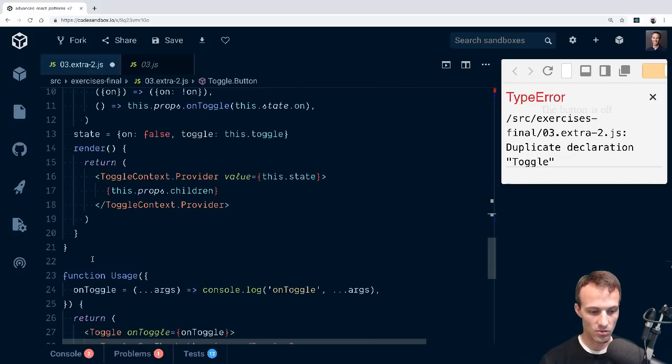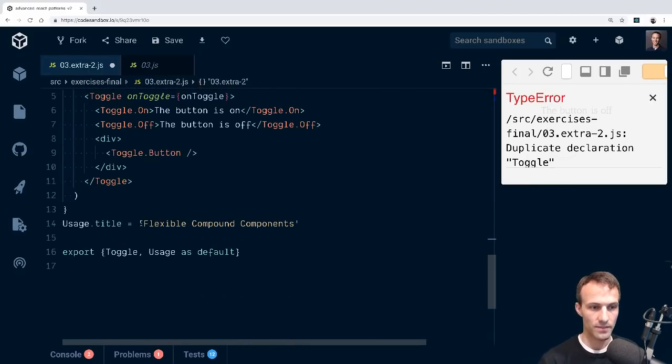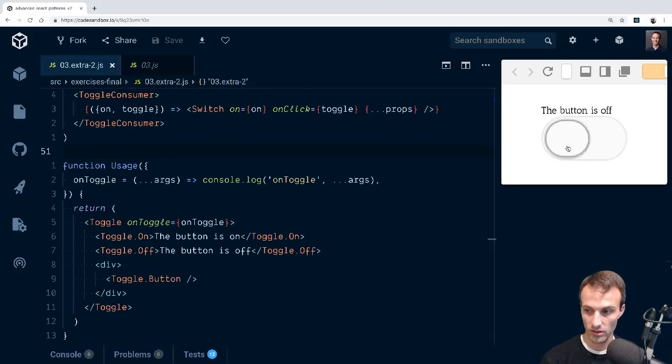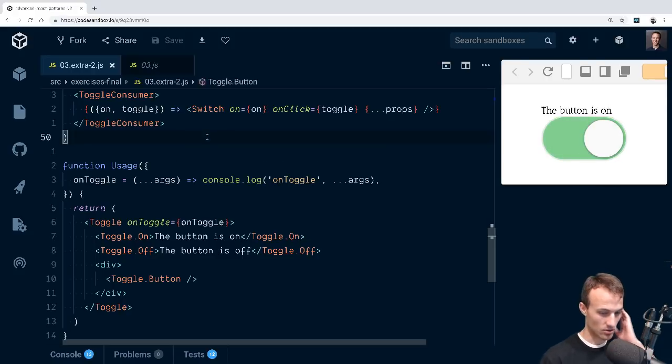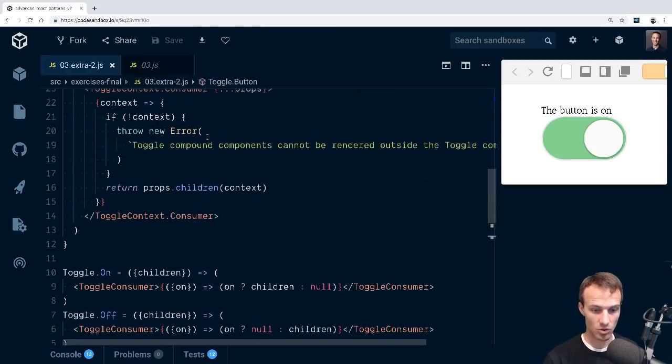Okay, then we can get rid of the rest of this thing and save that, and actually it should work right now. Woo! Nice. So from here on out, we can do some more optimizations,